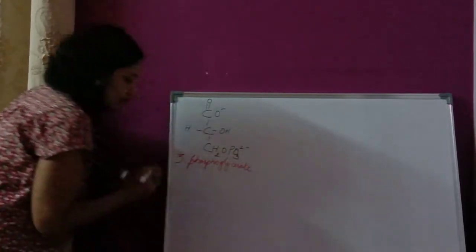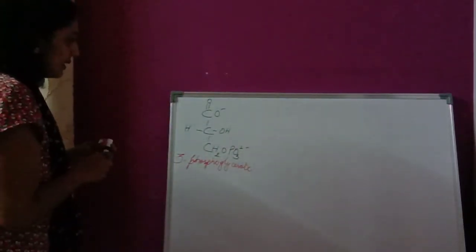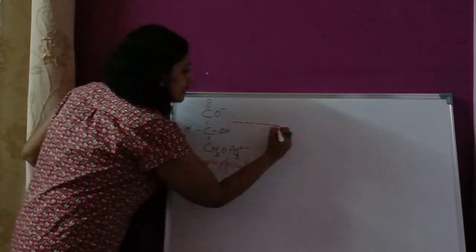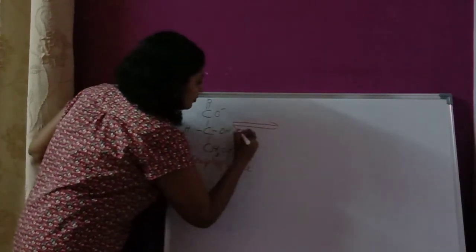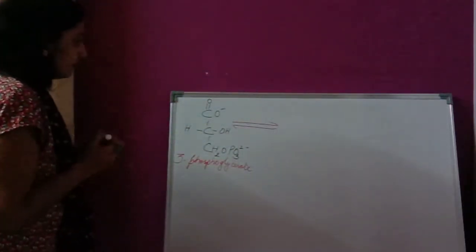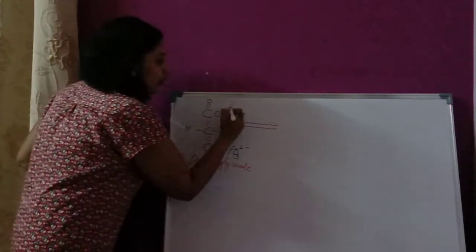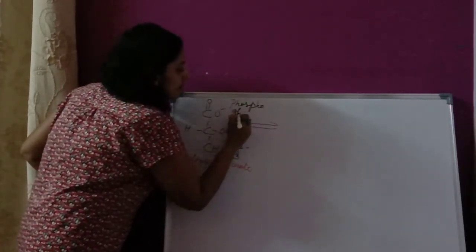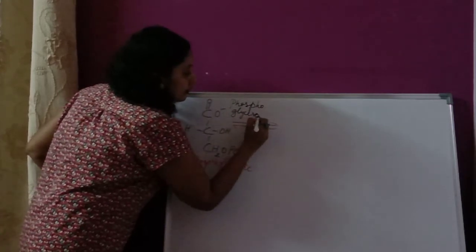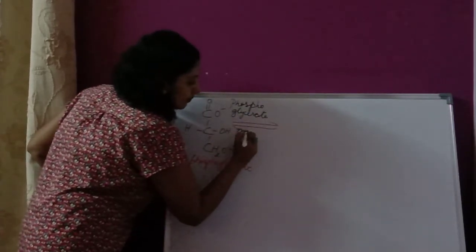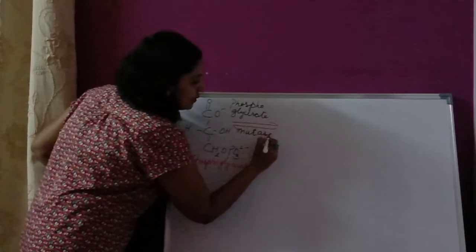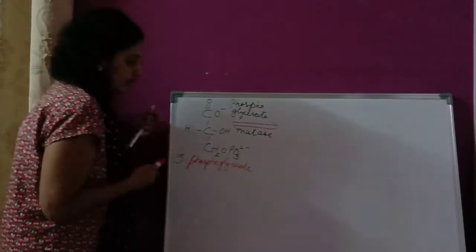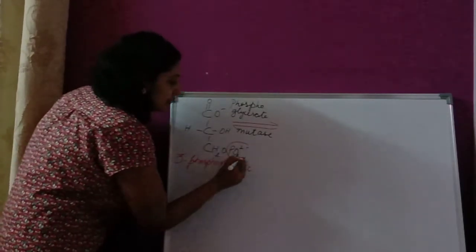So this 3-phosphoglycerate, what happens in the presence of an enzyme known as phosphoglycerate mutase. So I am writing the enzyme name now, phosphoglycerate mutase. In the presence of an enzyme known as phosphoglycerate mutase, the PO3 here in the third carbon atom,